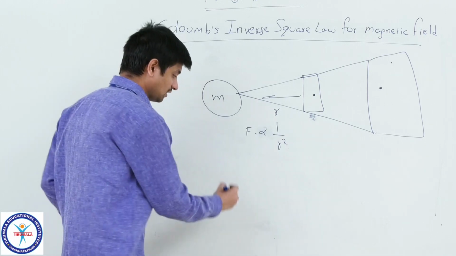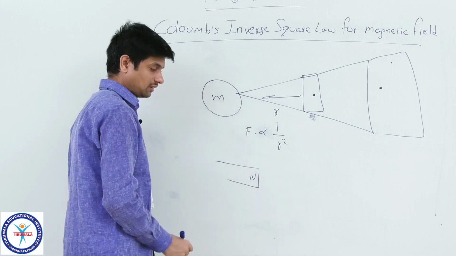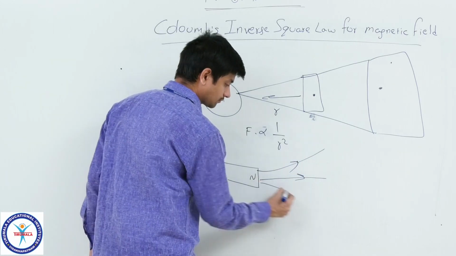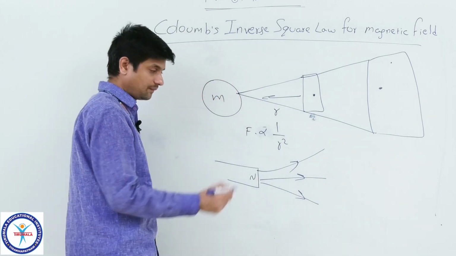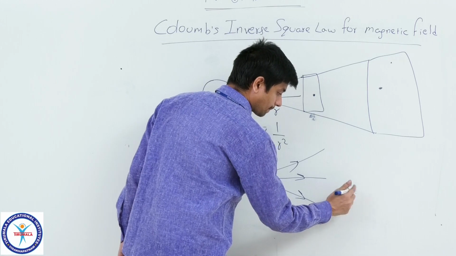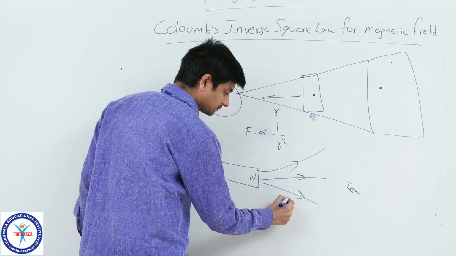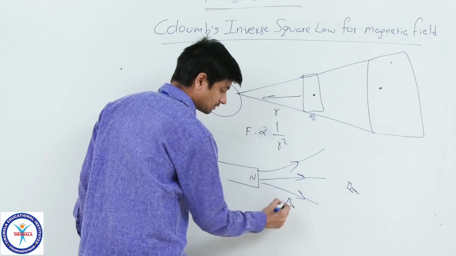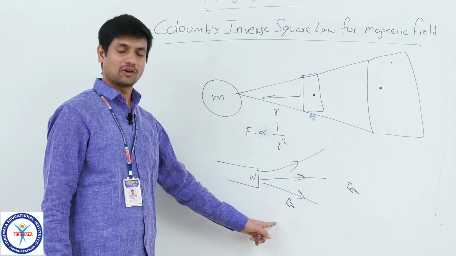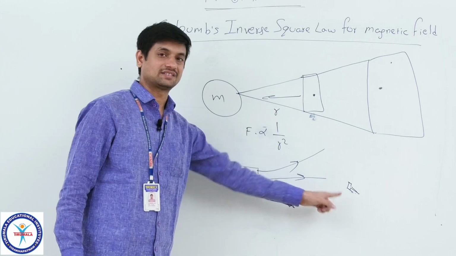In the same manner, if we take the magnet, from this one we are getting the field lines from the north. If any one nail is there, one more nail is here with the same mass. So which will be attracted more? This will be attracted more. Why? Because more force is acting on this one when compared with this second nail.